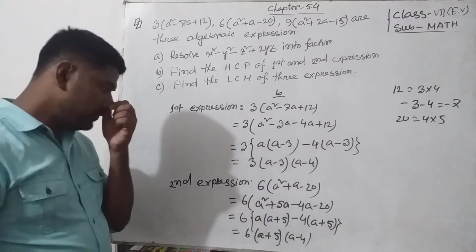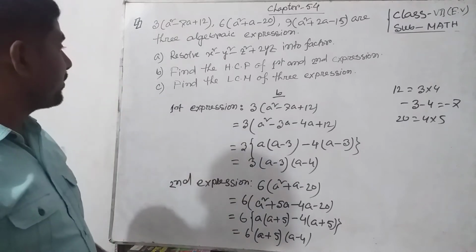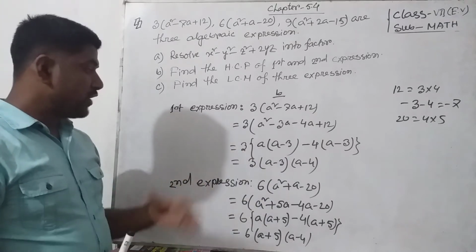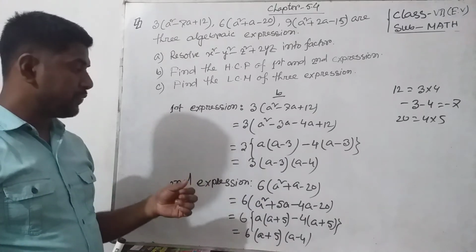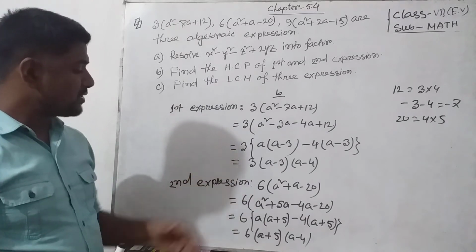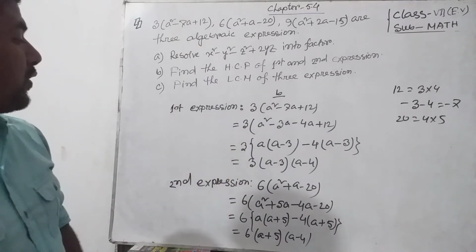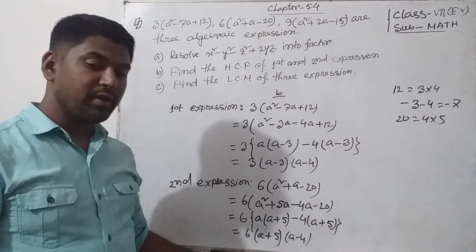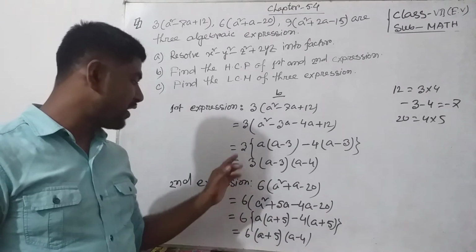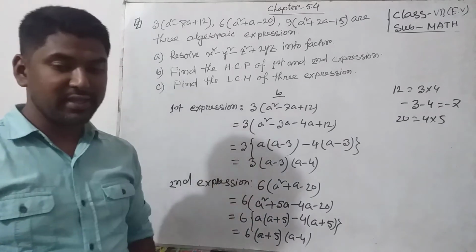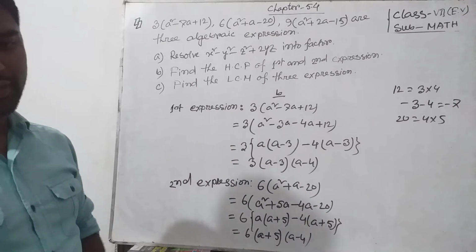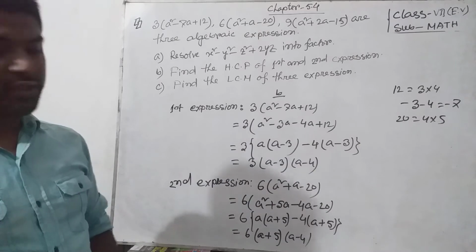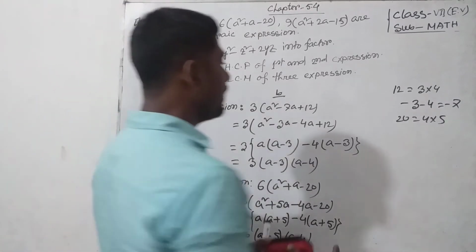Okay. Now we find out the HCF. HCF হতে হলে কি হতে হবে? Both expression common factor থাকতে হবে. Okay. So at first I find out the numerical coefficient of 3 and 6. At first I find out the HCF of 3 and 6. So 3 and 6 HCF কি হবে? 3. So we can write it the required,